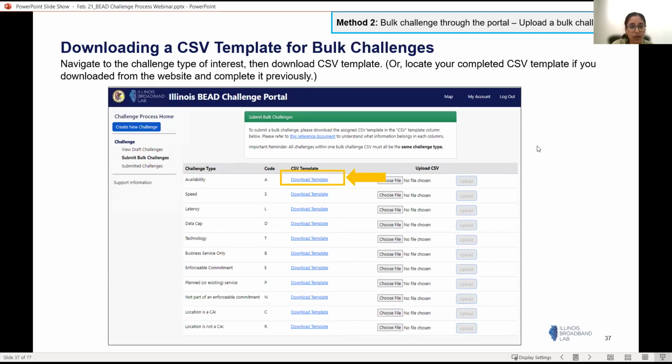Clicking on the download template button will get you that specific template with all the required fields for that challenge type.